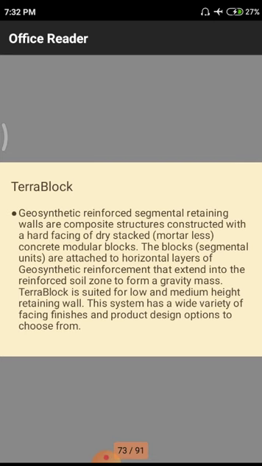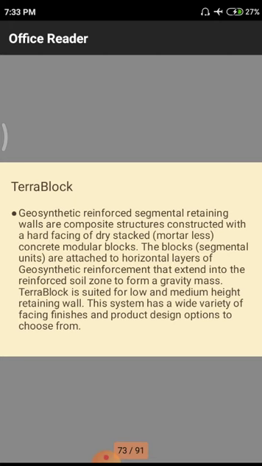Those are simply a composite structure. We have both earth materials and synthetic reinforcement materials. Those two are composite structures. That means in the composite structure itself we are using those two components for the purpose of stabilization. It consists of a hard facing of dry stacked mortar. That means dry stacked. Hard facing means those facings have a huge amount of strength against compressive loads